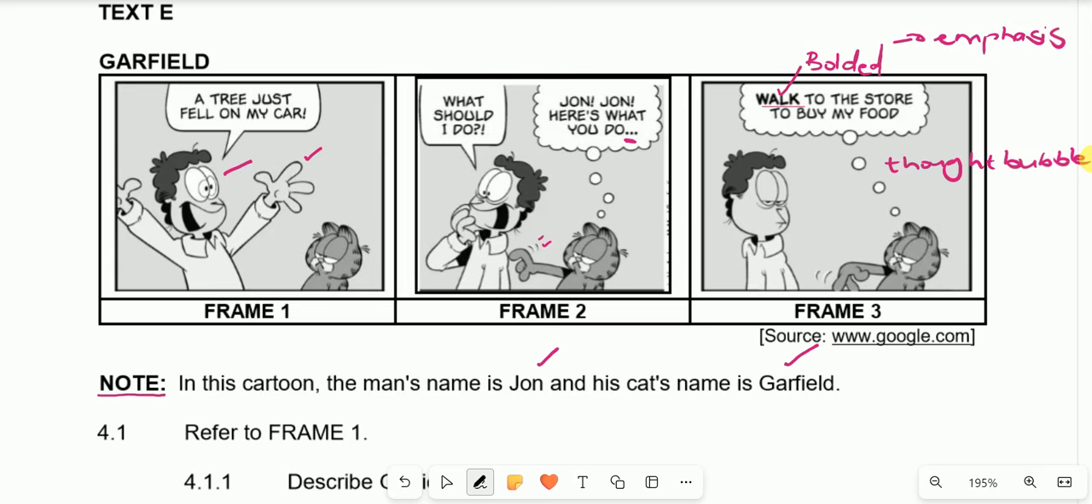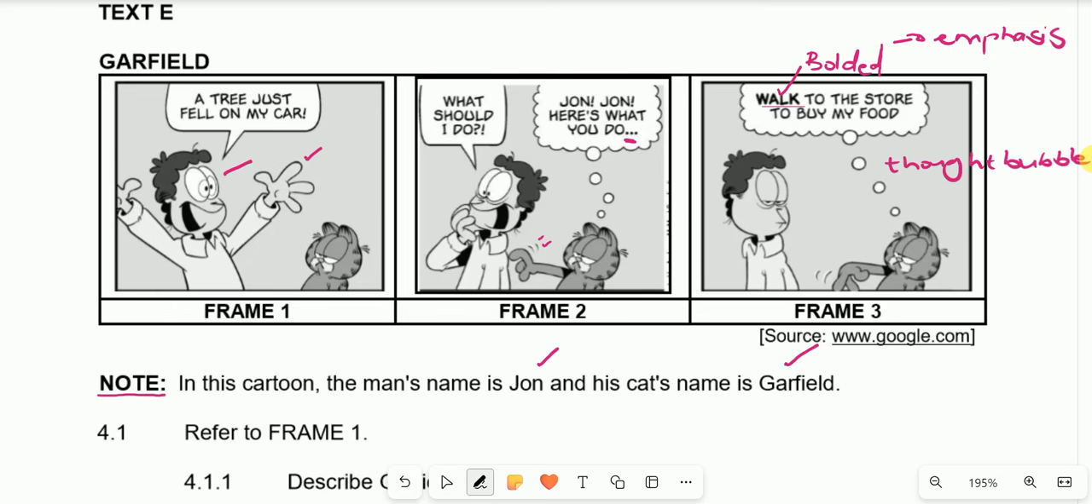Once you are done reading the conversation, you then ask yourself this question: what is the story here? The story is that John announced to Garfield that a tree just fell on his car. However, we have noted in the first frame that there's a contradiction, because if a tree really fell on his car, he should really look worried. However, his facial expression and body language contradict the statement that he just said, because the mouth is wide open,